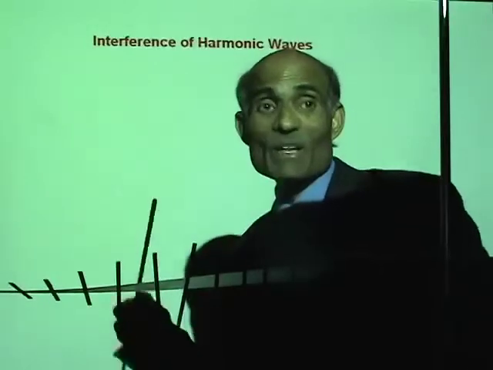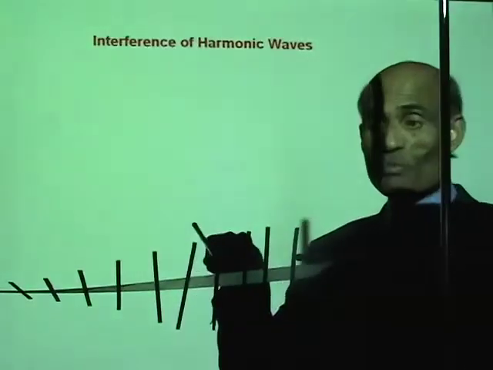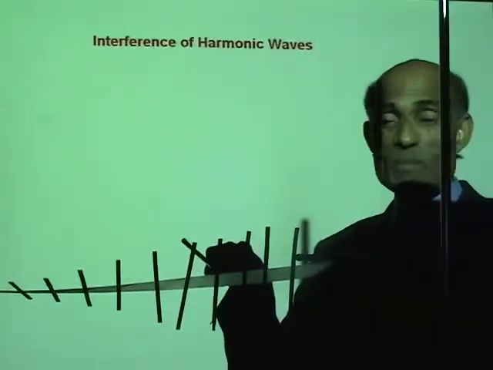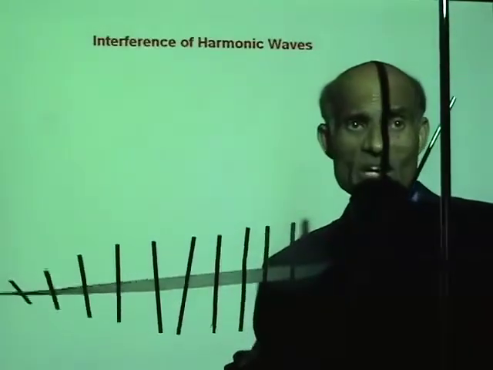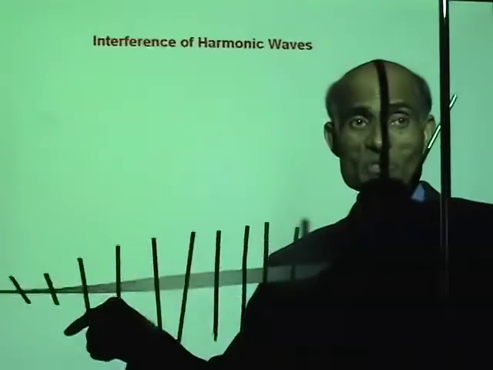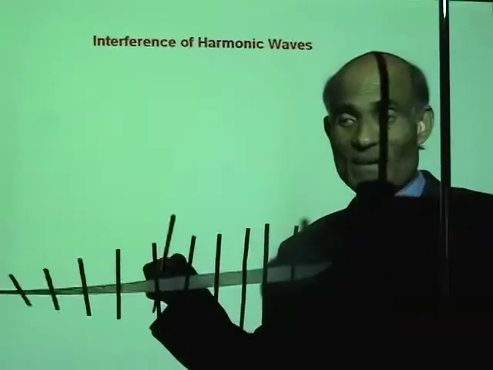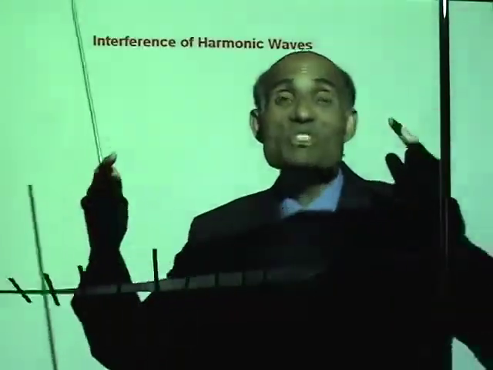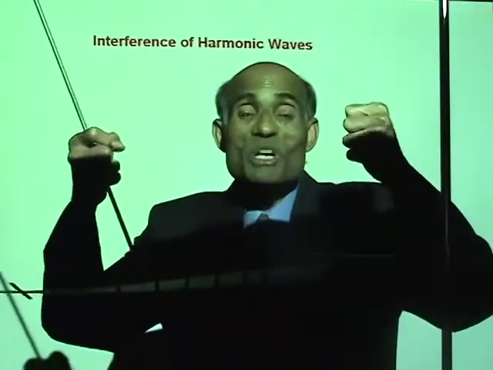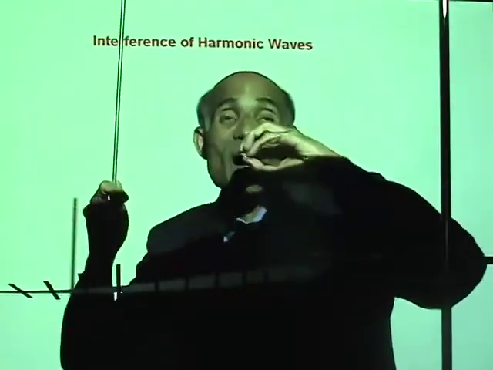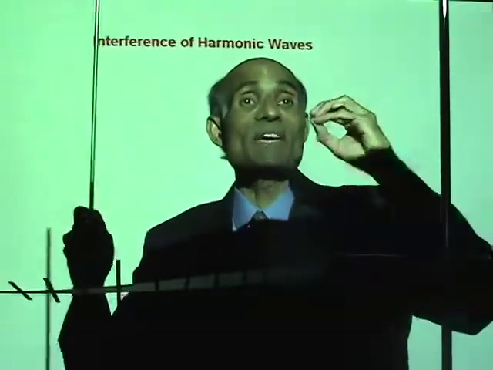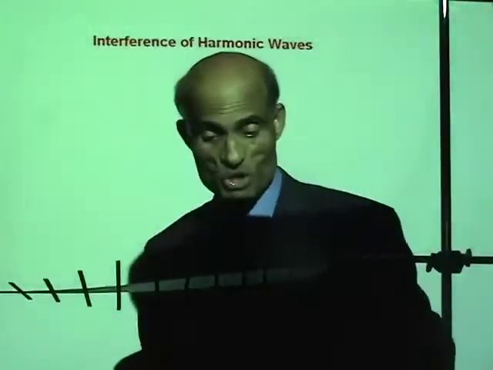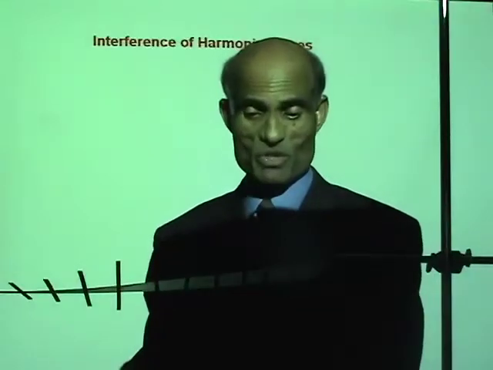You understand that? This particle or this straw will be subjected to the disturbance produced here, and also the disturbance produced on the right side. That means energy from both disturbances will reach the same particle. And how will this particle then behave? That is the question of interference.